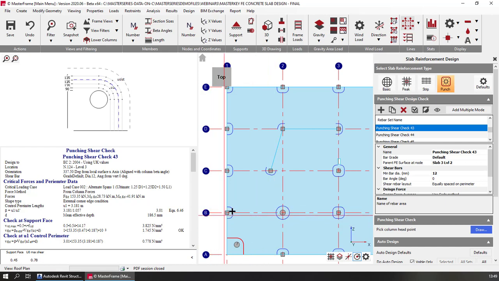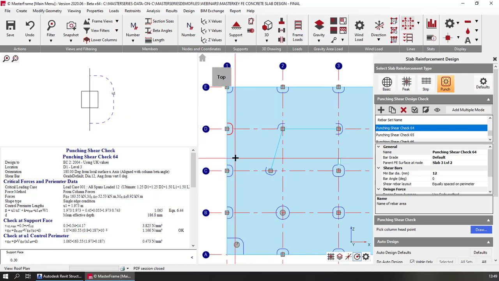Now, we have modeled our columns external, and that gives us a slightly simpler FE analysis. It also gives us slightly longer spans, which is conservative. But when we're looking at our rebar and our rebar perimeters required, we are actually not taking it out to there. We are taking it the full way out. We're assuming that the edge of the concrete is at the outer edge of the column, and we will then use the